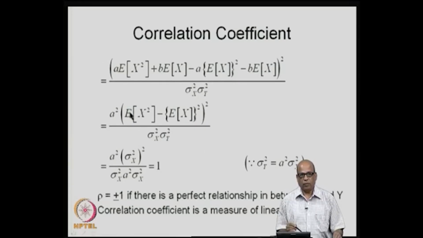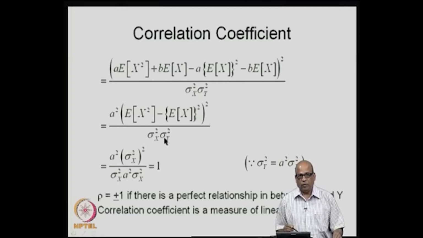We get a square times expected value of x square minus expected value of x the whole square. Can you recognize this term within the bracket? It is in fact sigma x square, which is the variance of x. So, we write this as a square sigma x square the whole square. So, we get a square sigma x to the power 4,